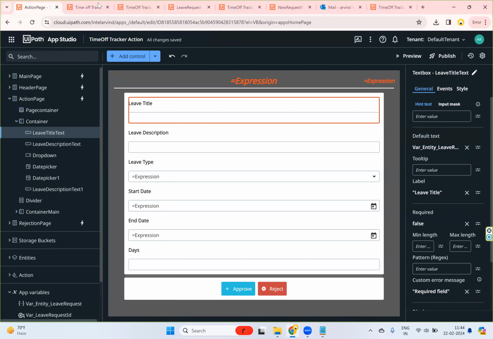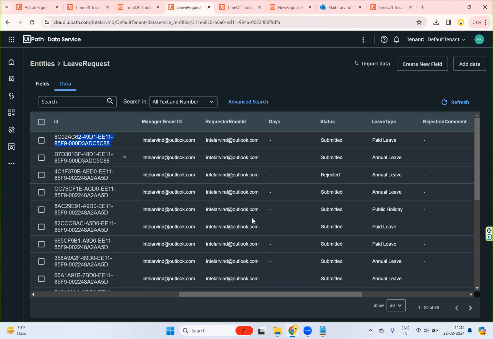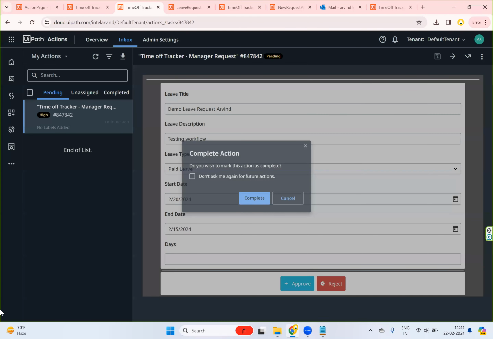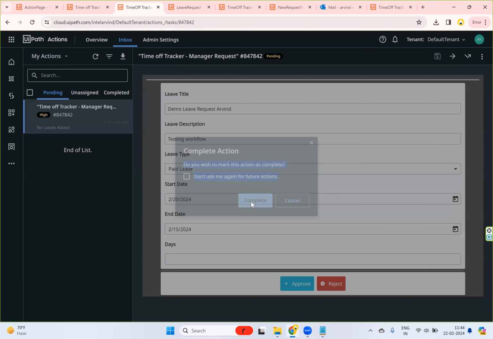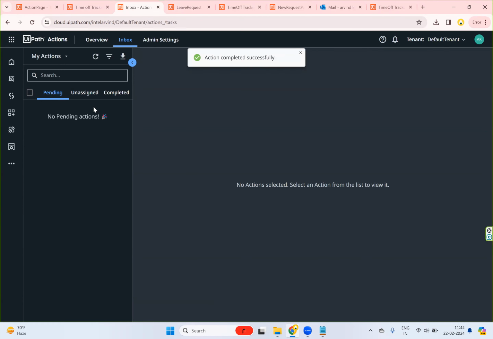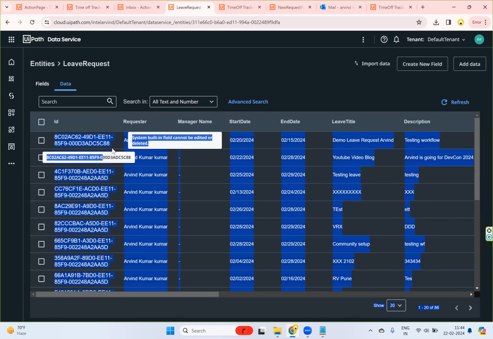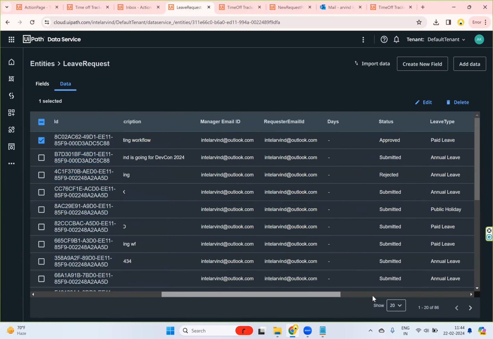Now what I will do, I will go and approve this, right? One second. So I will say go and approve. So it will ask for the completion actions. Do you wish to complete it? Yes, complete. The moment you say complete, all tasks get completed, and in the background the status will get updated. So let me go and check the status again. The first record. So now if you see the first record here, the first record status got